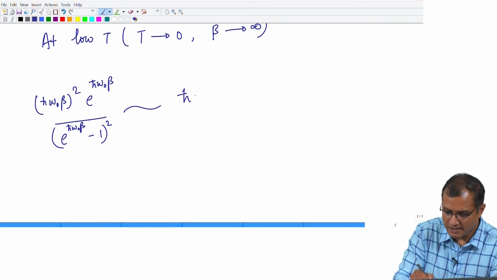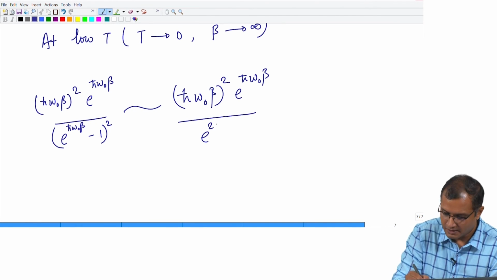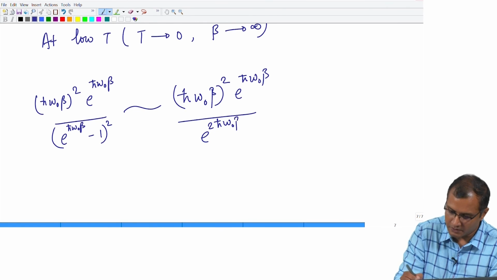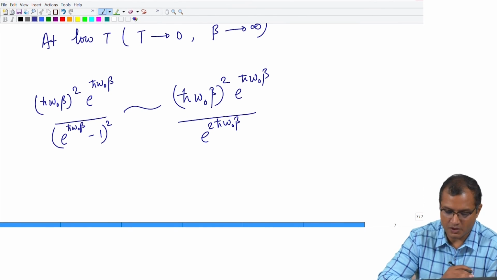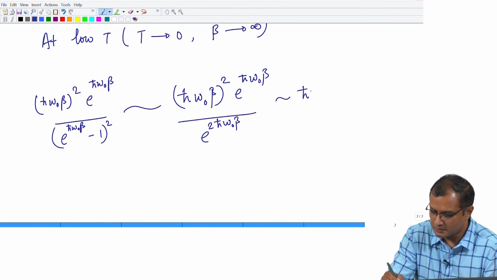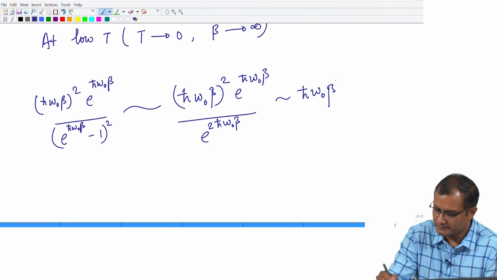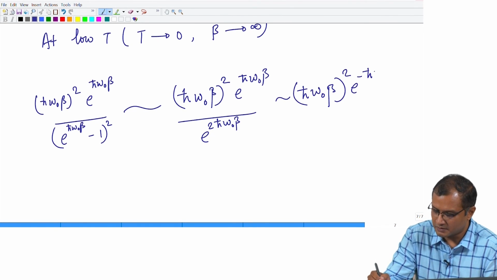So, it goes as h cut omega 0 beta square e raised to h cut omega 0 beta divided by e raised to twice h cut omega 0 beta, because beta is infinity. So, I can drop 1, and so the square becomes twice. Now, this will go as h cut omega 0 beta square into e raised to minus h cut omega 0 beta,